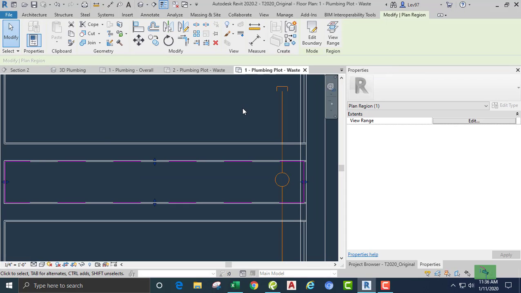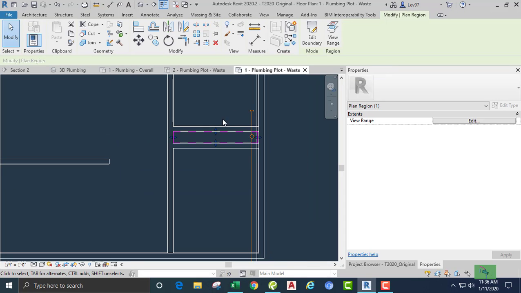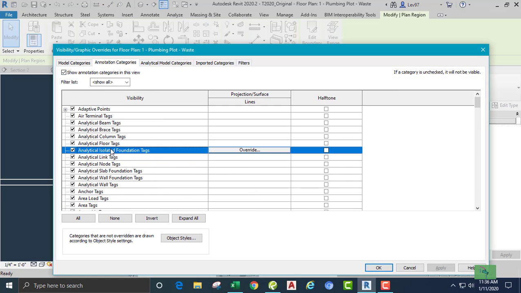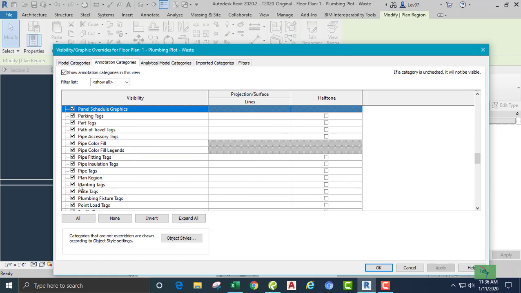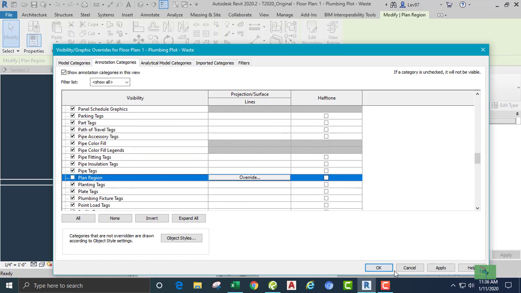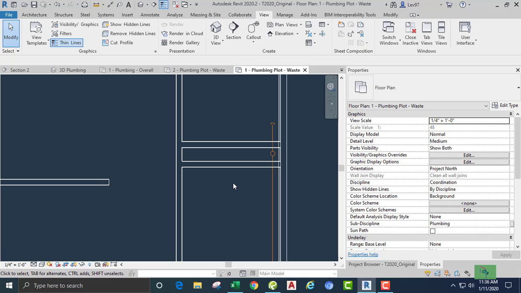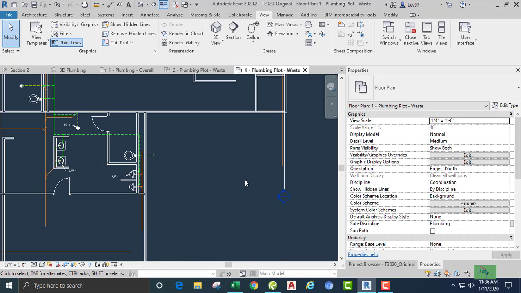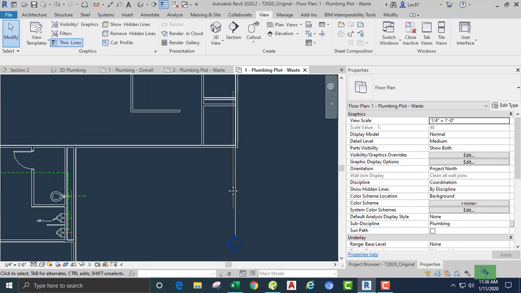Yes, okay, now that looks good. So I'm gonna turn off this region again. Okay, so what we're gonna need to do is connect